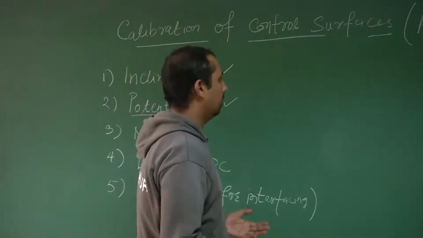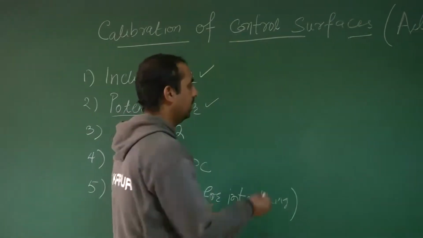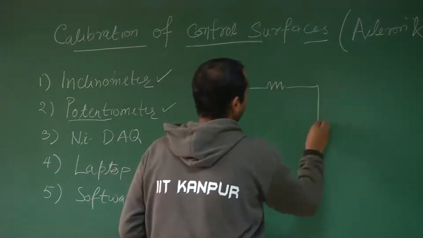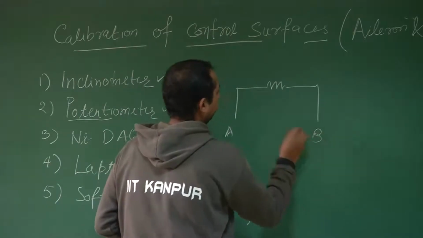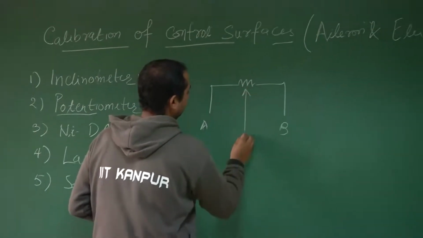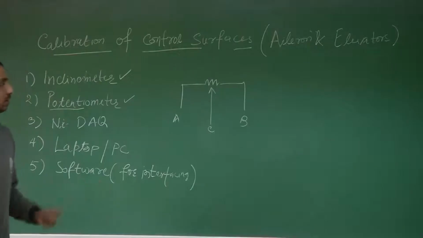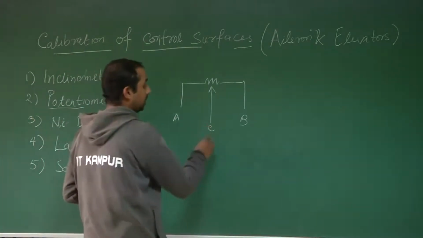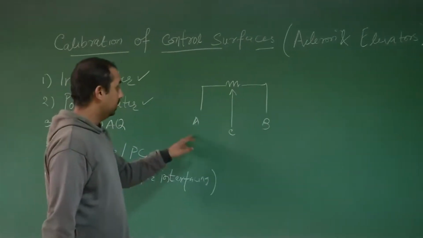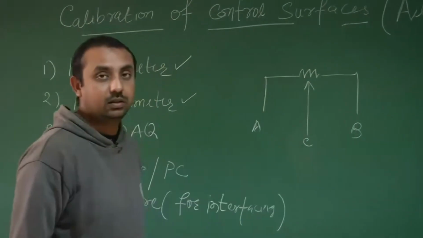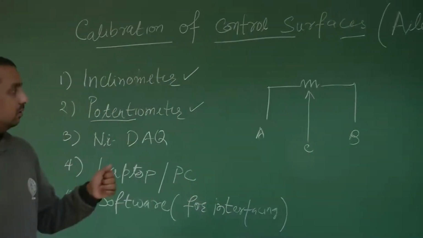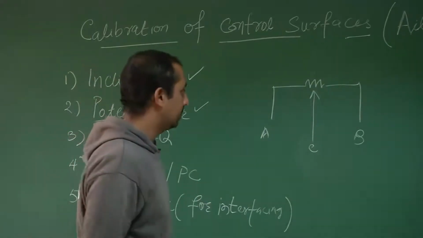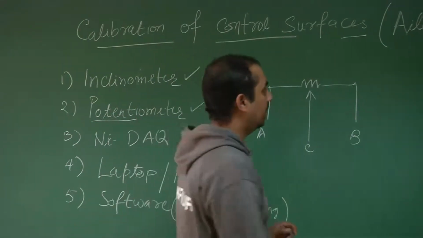You can imagine it as a 3-terminal device, A, B, C, and it has a rotatory contact which acts as a potential divider between these two terminals. You can vary your resistance according to that contact switch, and your potential will vary according to that sliding mechanism. A simple circuit of potentiometer can be represented by